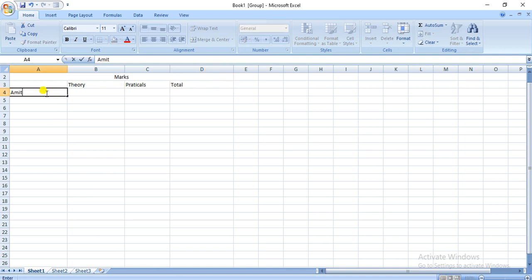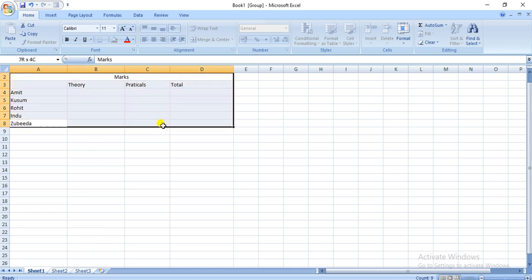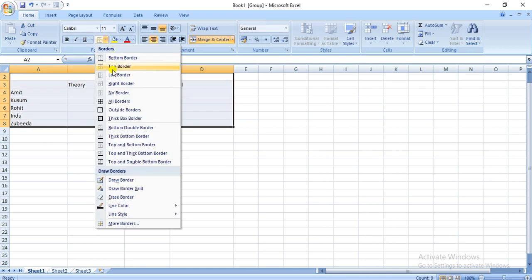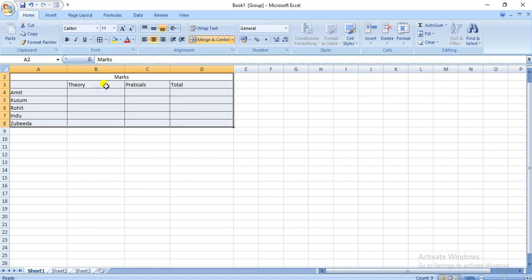You can add any names of students. So let it be Amit, Kusum, Rohit, Indu and Zubeda.